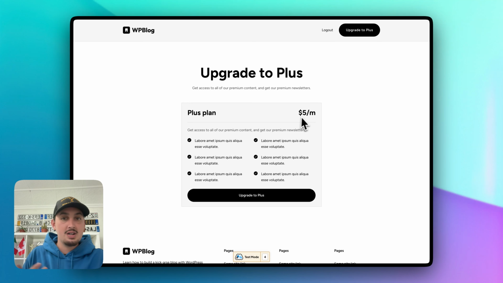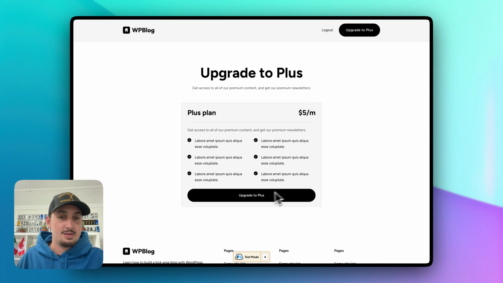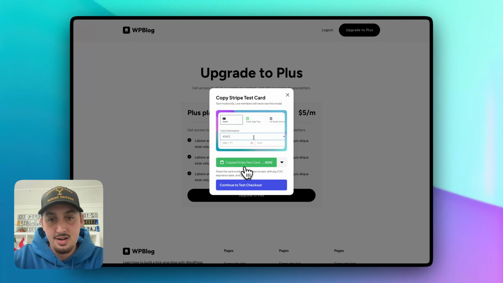So I'm going to click upgrade to Plus, and as we can see, if they pay $5 a month, they can read this. Now, yours might not be $5 a month, it might be $5,000 a month. I don't know, but all of this stays the same. You're just going to have to enter in a different plan price. So let's go ahead and click upgrade to Plus, and using MemberStack here,